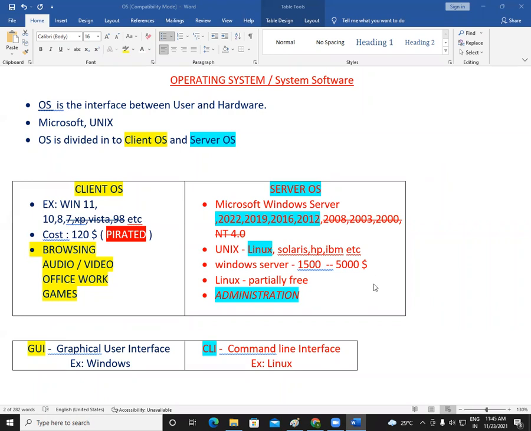But still there are some companies, some people, or some computers in a company where a pirated operating system can be present. So just remember one thing, it is a very risky business to use a pirated operating system. Pay and use. And one of the biggest advantages we have is that we will get support.